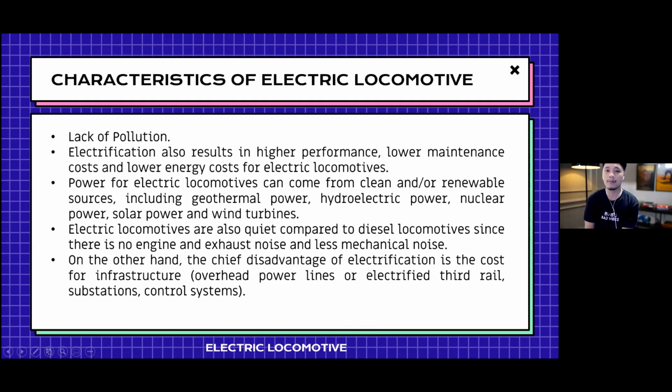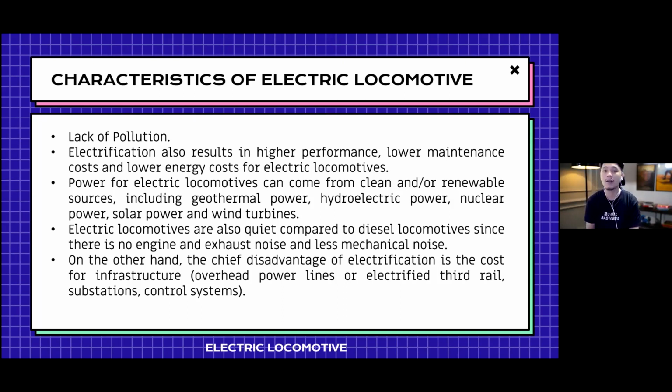So here are some characteristics of electric locomotive. The first one is the lack of pollution. As I said a while ago, the main power of electric locomotive is coming from electricity, so it eliminates the emission of smoke. Electrification also results in higher performance, lower maintenance costs, and lower energy costs for electric locomotive. So electric locomotive is very ideal for commuter rail service with frequent stops. It means that electric locomotive is highly used in high-speed lines such as Shinkansen in Japan and TGV